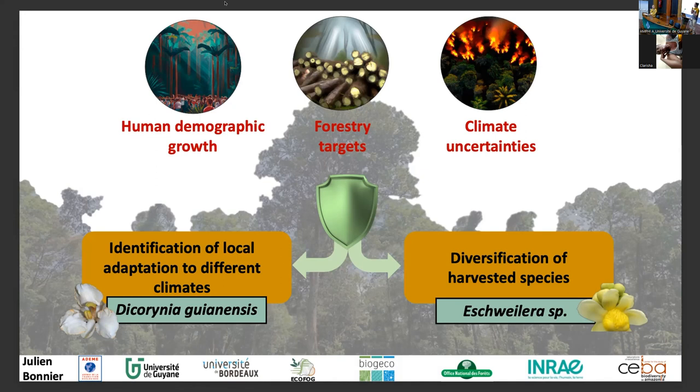But why is this species not an ordinary tree in French Guiana? The answer is easy. 54%. Dicorynia guianensis accounts for 54% of the timber harvested in French Guiana. That's a lot of pressure on a single tree species, and that's a pressure that's going to increase in the coming years. Between the huge human demographic growth in French Guiana and the forestry targets set by the Office National des Forêts that are ambitious but necessary to provide for the territory's needs, and to add insult to injury, climate change uncertainty, and